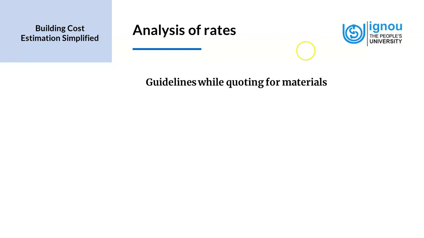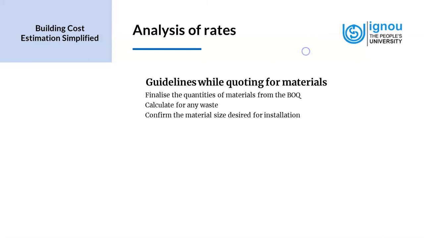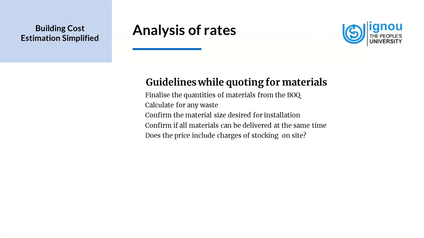Now, let's look at some of the guidelines while quoting for the materials. First of all, we finalize the quantities of materials from the bill of quantities or the BOQ. We calculate for any waste. We confirm the material sizes desired for installation. We confirm if all materials can be delivered at the same time, because it has cost and space implications. Does the price include charges of stocking on site,